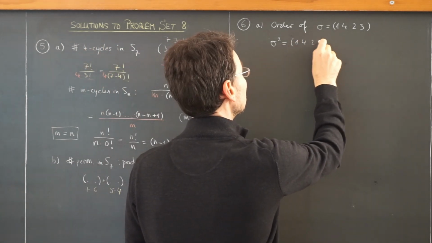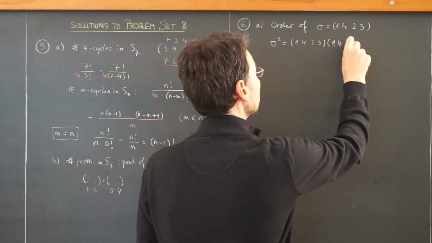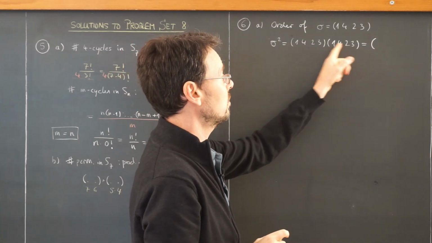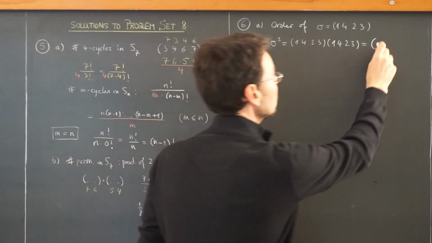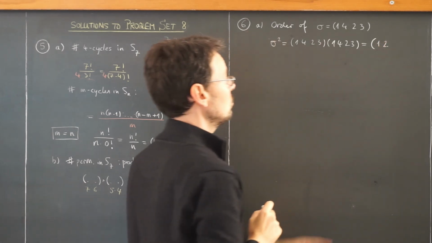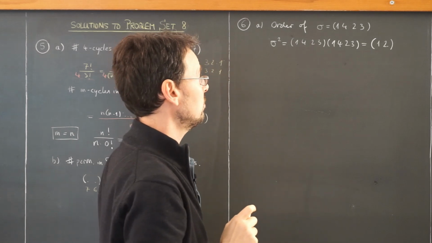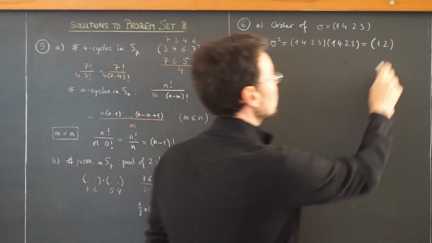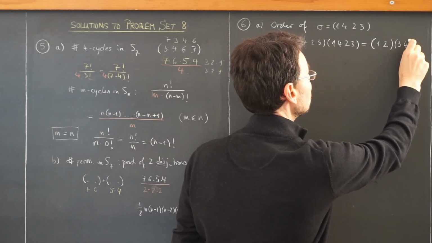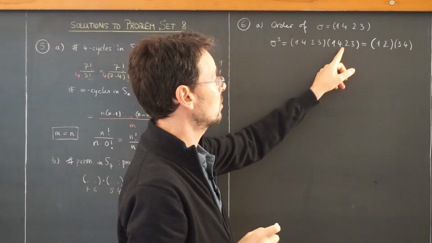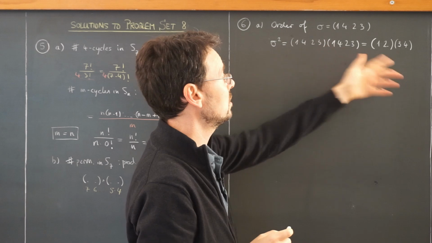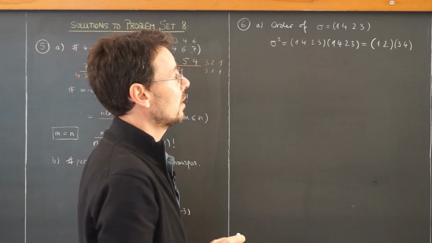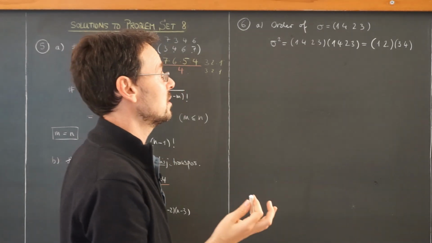So we have 1, 2, 3. So we plug in the 1 from the right. 1 goes to 4, 4 goes to 2, so 1 goes to 2. Oh, this is a transposition. 3 goes to 1, 1 goes to 4, so 3 goes to 4. And let's check, 4 goes to 2, 2 goes to 3, so 4 goes to 3. All right, so the square of this here is no longer a 4 cycle, this is interesting, but a product